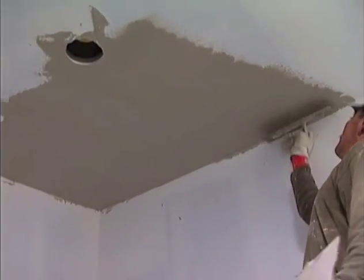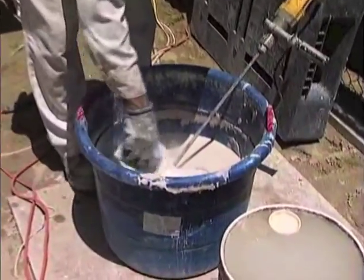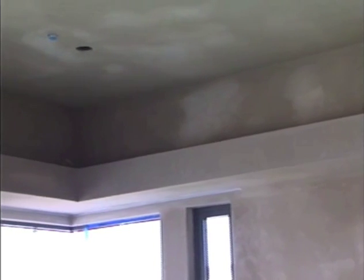American clay is a very green material because it takes very little energy to blend, to create. There's other materials, say cement, for example, or paint finishes, where there's quite a lengthy chemical or heat-based process to create those materials. Cement is one of the most notoriously energy-intensive materials to make. With American clay, they're literally just bringing in the different clay bodies and recycled crushed limestone from the stone industry, and they're just blending it together. So it gets its binding capacity simply from the natural character of the clay. As clay dries, it shrinks, and it's grabbing the structure of that crushed limestone in there and creating a solid